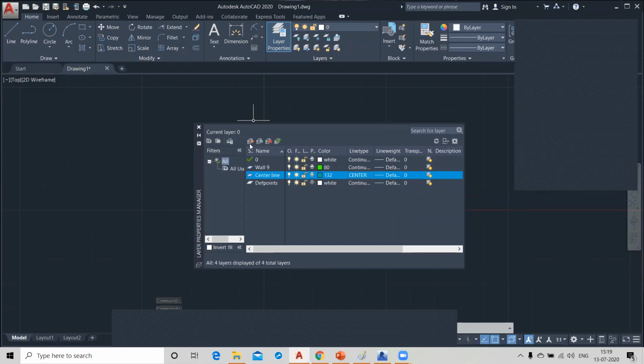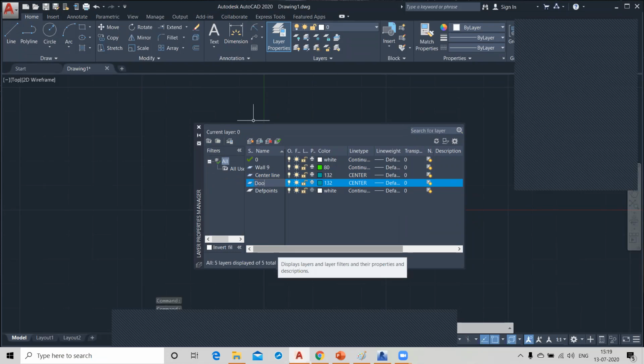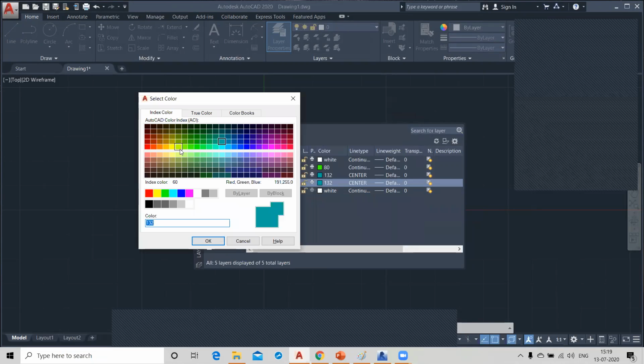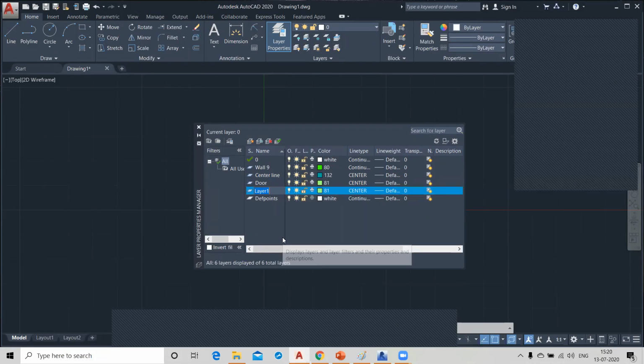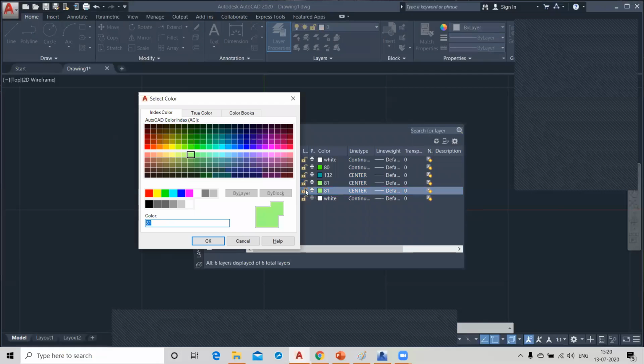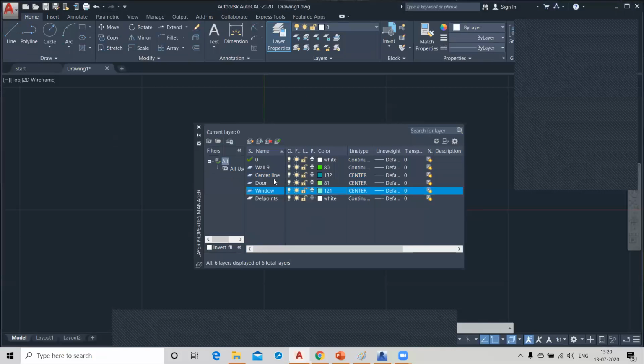Again, now click on the layers and give the name as door, and choose this as your door color, right? And again, new, this is your window, and this is your window color, right?